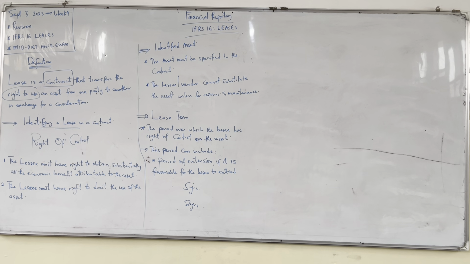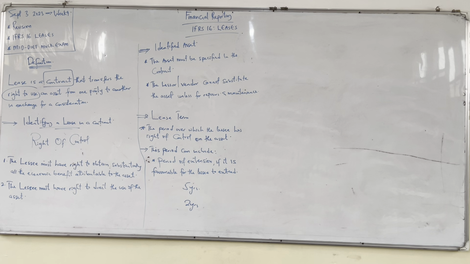In fact, in most of them, they will tell you that the lessee can extend, but it is not favorable for the lessee. In that case, you should already know that the lease term is going to be just 5 years. But if they tell you in the question that it is favorable for the lessee to extend,